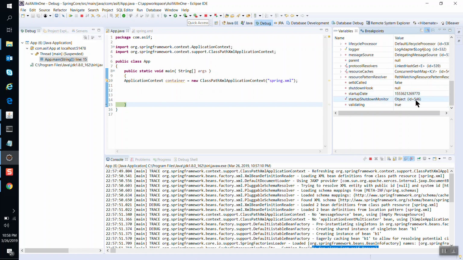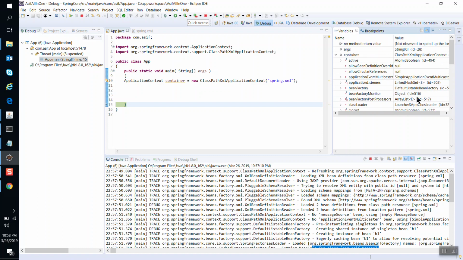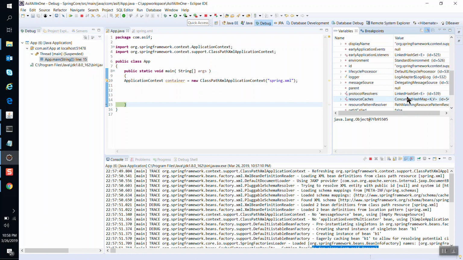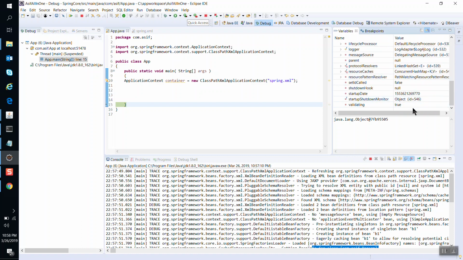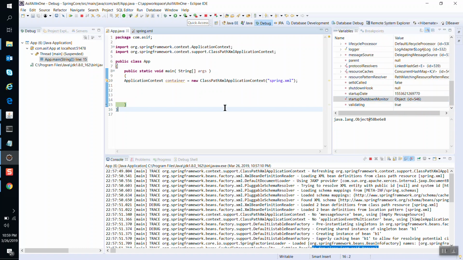So object ID is equal to 546 and the other object is 516. This is for bean 1 and this is for bean 2. Okay, so if it has created the object here itself when we call the ClassPathXmlApplicationContext,